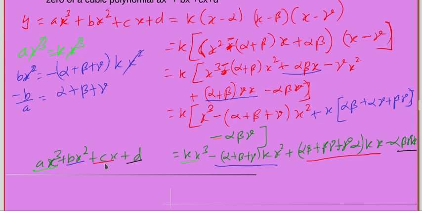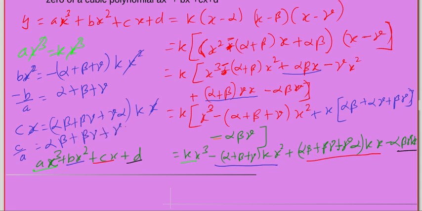Next, the x term. What is the x term? Cx equals. Okay, so here what are the x terms? Alpha beta plus beta gamma plus gamma alpha into kx. So this x we can cancel, and this k we can rewrite as a. So c by a equals alpha beta plus beta gamma plus gamma alpha. Okay. Next,